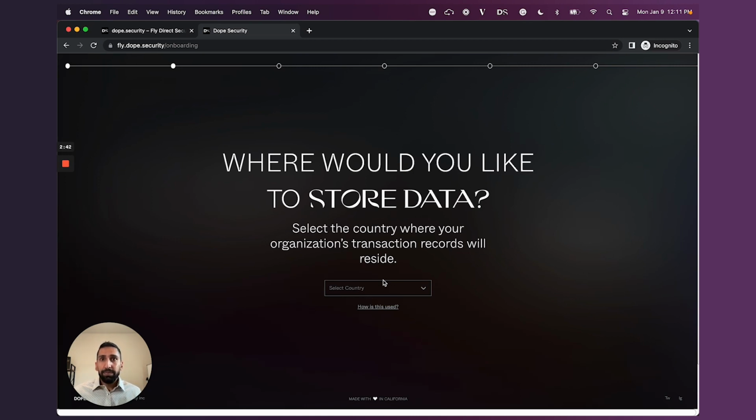That's it. And we're capturing this so that we can provide you with insightful analytics as to how your users are traveling around the internet in order for you as an admin to make more informed decisions about your policies or your security needs, right? So as you deploy to more devices, you're going to want to know how many people are going to a social media site versus a video streaming site or financial sites. So I'm going to go ahead and click this drop-down menu, and you can see we have a number of countries that you can select from, but I'm based in the Bay Area, so I'll click United States and continue.